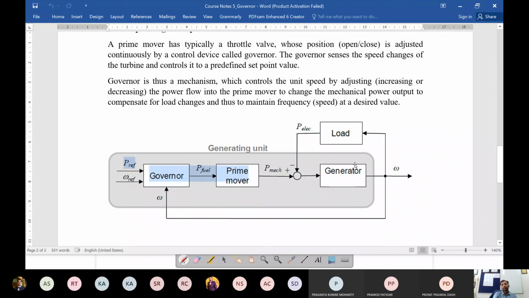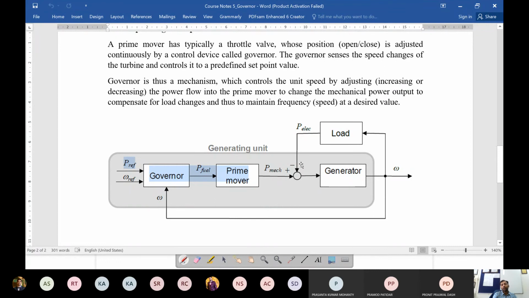If you look at it, your generator is here, connected to some load, and it is operating at a particular steady state. The mechanical power is coming from the prime mover or the turbine. This turbine is driving the generator, and the generator is driving some load, which at a given operating point has the value P elect. This is in a state of equilibrium, operating at some given frequency, rotation speed omega.